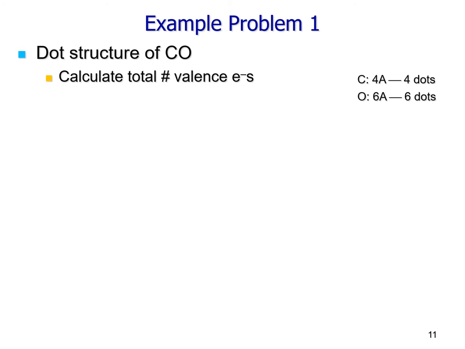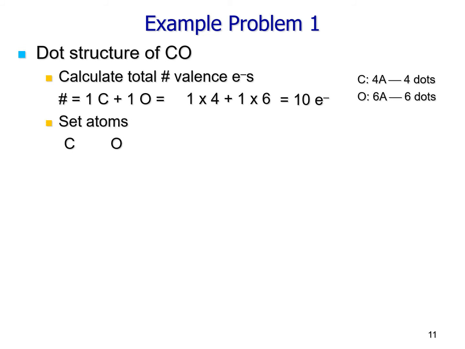I just hope that you have a periodic table by your side so that you can check whether I said it correctly. CO means 1 carbon atom, 1 oxygen atom. So 1 times 4 plus 1 times 6. We know there's going to be 10 valence electrons to distribute. It's a diatomic molecule, so it doesn't matter which one's first, but by convention,